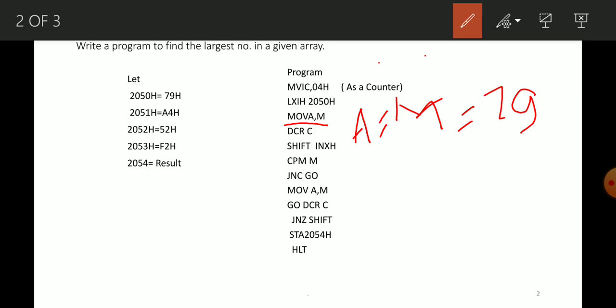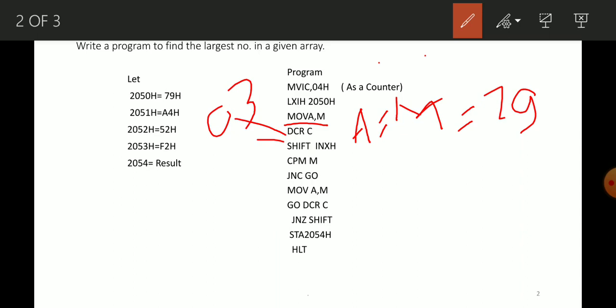So we have taken two numbers, and we have to reduce the counter. Here the counter is reduced by DCR C. So C becomes 03. DCR means decrement register. Here C is the register, and we previously initialized the value of the register as 04, so here it becomes 03.